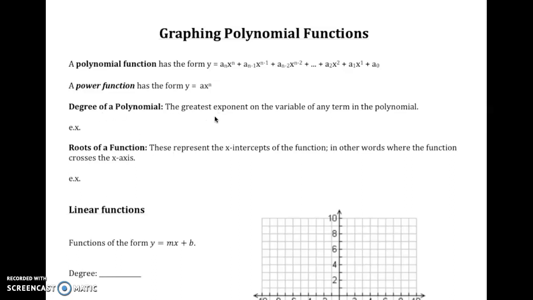Next we have the degree of the polynomial. So the degree is the greatest exponent on the variable of any term in the polynomial. Okay, so when we have a fully expanded polynomial, you're just looking for the highest exponent of x, and that will be your degree. If it's not expanded, if it's something like this,